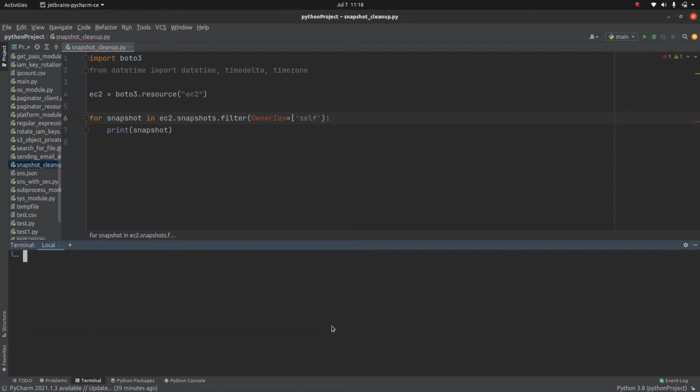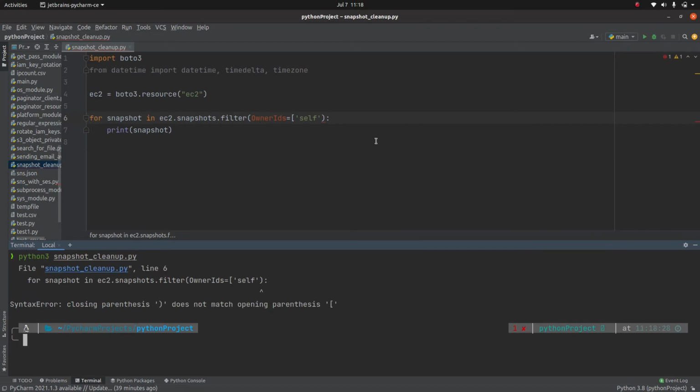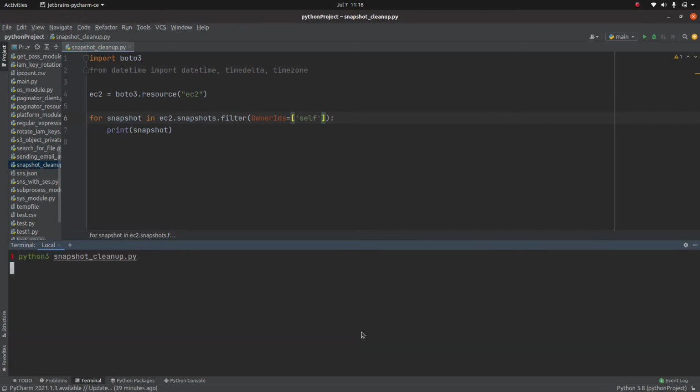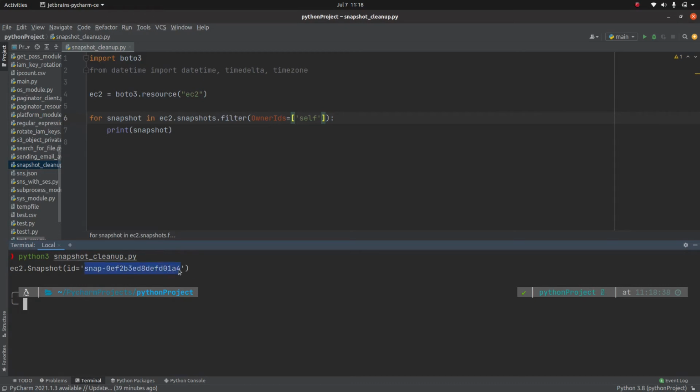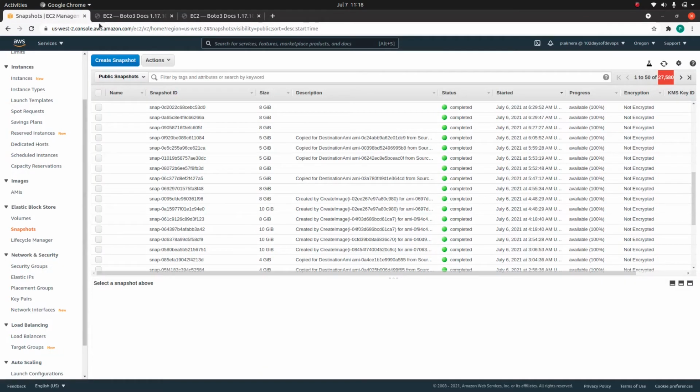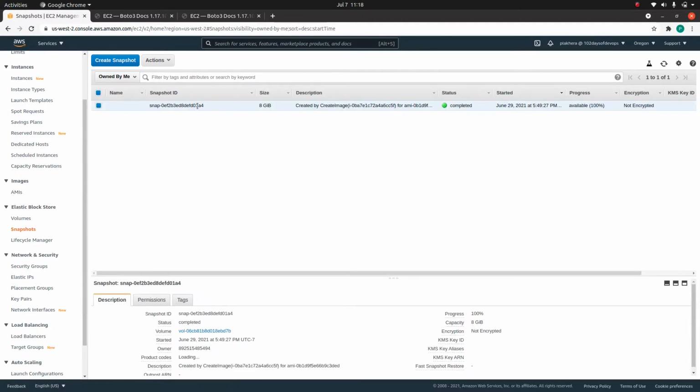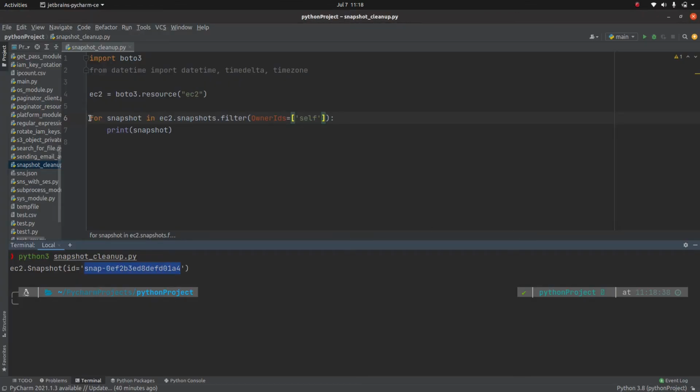I only want to print snapshots which are owned by me. This should be like this. Now it's only printing the snapshot 01A4, which is owned by me.